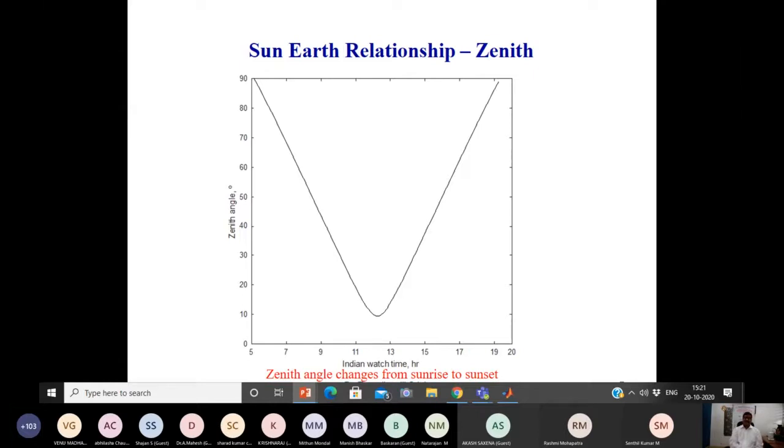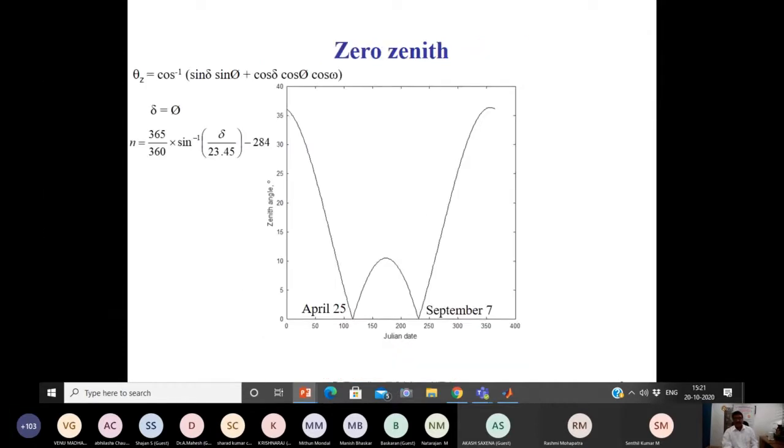But whether this zenith is close to 0 or equal to 0, that depends upon the location. If the place is above 23.5 degrees, above the equator, plus 23.5 degrees, then they can't get the zero zenith angle. The meaning of zero zenith is the sun rays are falling exactly overhead. Exactly overhead, a man can feel more intensity. Yes, here you see this photo, the drawing plotted here, two times zero zenith is coming here.